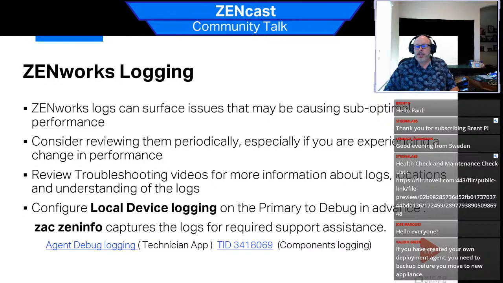Configure the local device logging on the primary to debug in advance. So ZENinfo captures the logs for required support assistance, but you have agent debug logging. We will get the most out of the log when we have it in debug mode. However, you may not want to leave it in debug mode because of the size of the logs and so forth. So it all depends on your environment. Again, you know your environment best, but be aware that